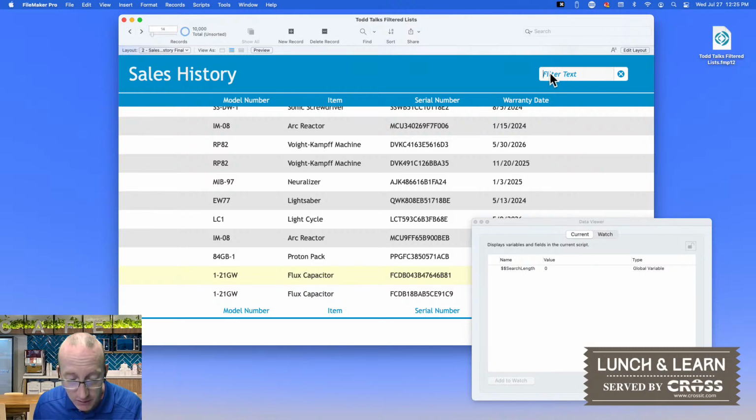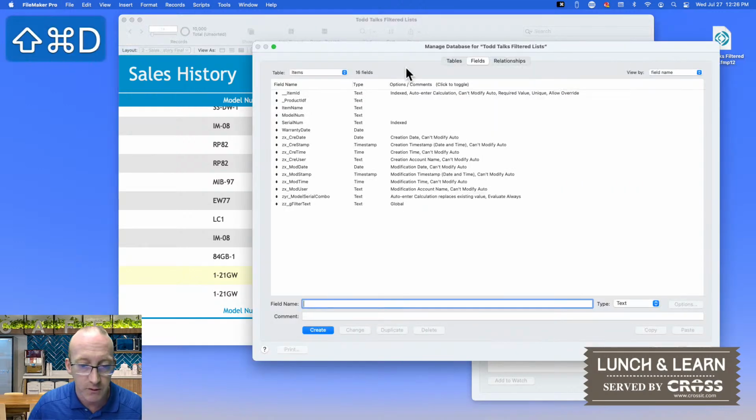That is a great question, and probably the primary way to do this, and I think we have just enough time that I can actually get in and we can take a look at this. Obviously we're just searching on the serial number, but what we are able to do is search on multiple fields. The easiest way that I found to do this, especially since FileMaker starts with search by default, is that if we come into our database